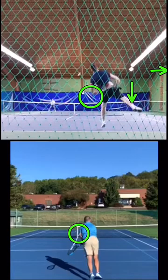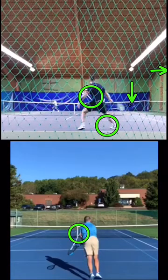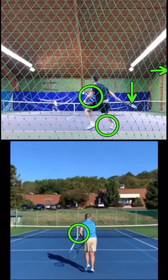Ryan's a little more compact, but look, you land on the foot that we want you to, right, that other foot. Okay, and then we want to see you recover. Okay, so look how that serve kind of comes out. Now your